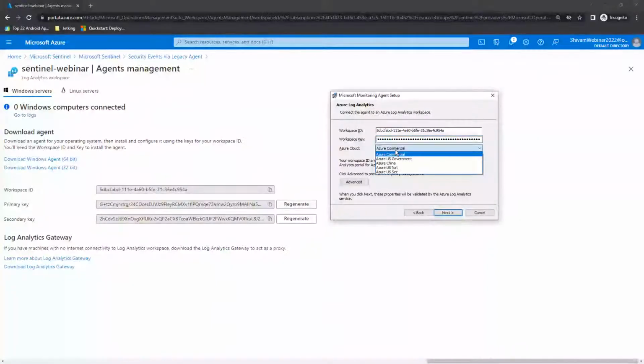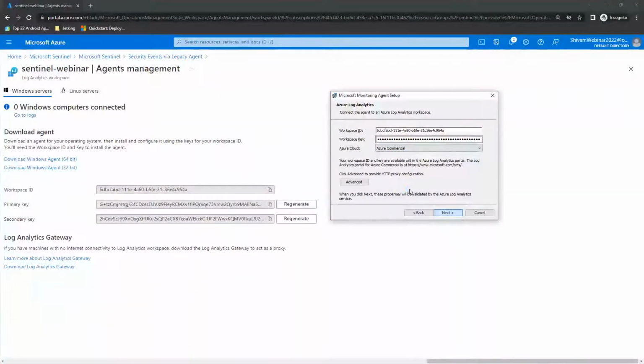Then after, it is going to ask me which type of Azure cloud environment I am currently using. If you are working with your public cloud, you can go for the commercial here. If you are working with the US government, you can select the US government cloud environment. If you are working with the Azure China environment, you can select Azure China here. If you are using any kind of NAT or SEC environment, you can select that specific environment here. But because currently I'm using the Azure commercial environment, I'm using Azure commercial here,